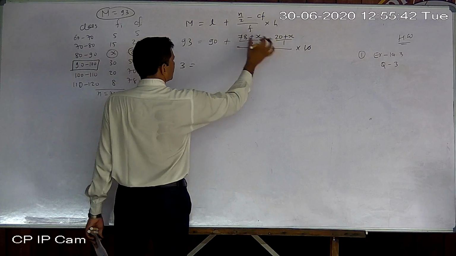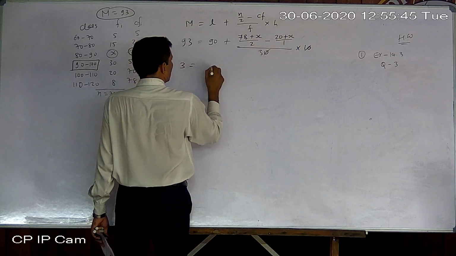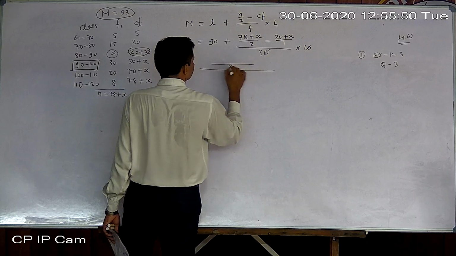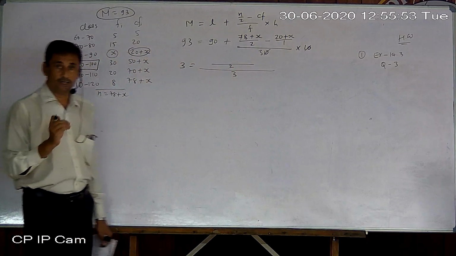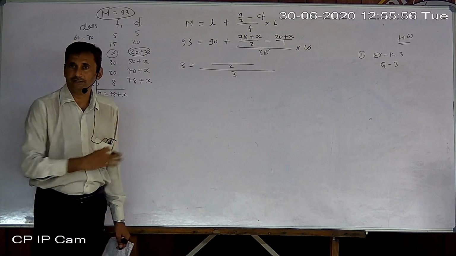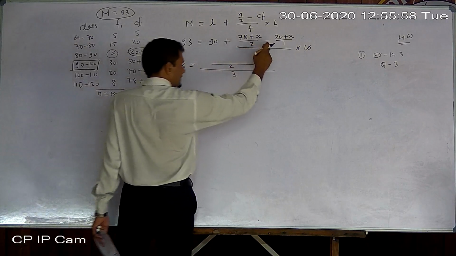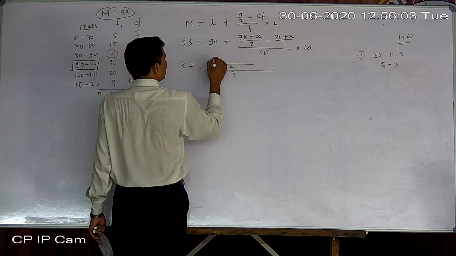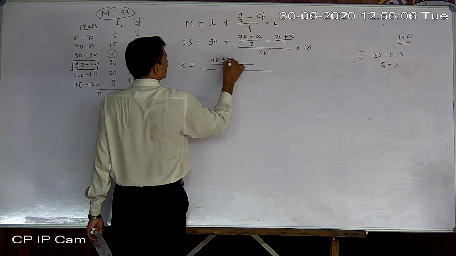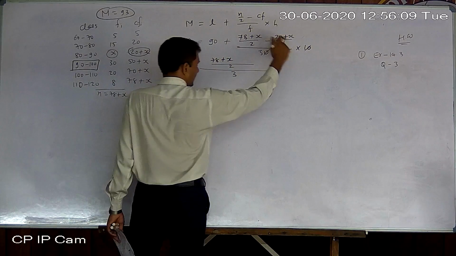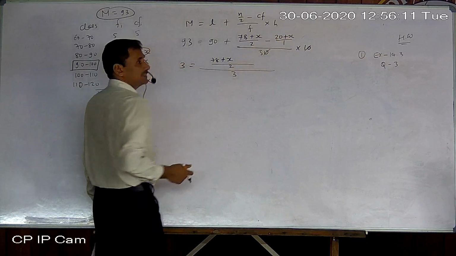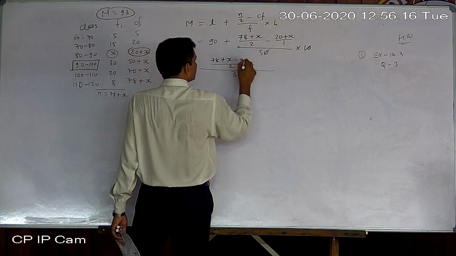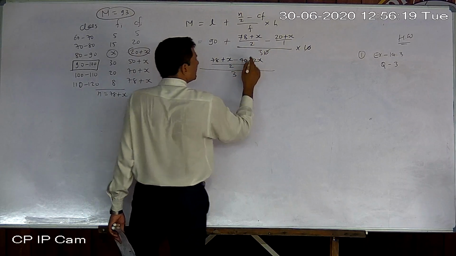Now multiply this and simplify it. So take LCM 2. First of all, write here 3 and LCM 2. We simplify the numerator only of the right side. There is a fraction, and in between a minus sign is there, so cross multiplication is needed. So it will become 78 plus x. Cross multiply: minus 40 plus x, but the minus sign is before it, so it will become minus 40 minus 2x. Be careful here.